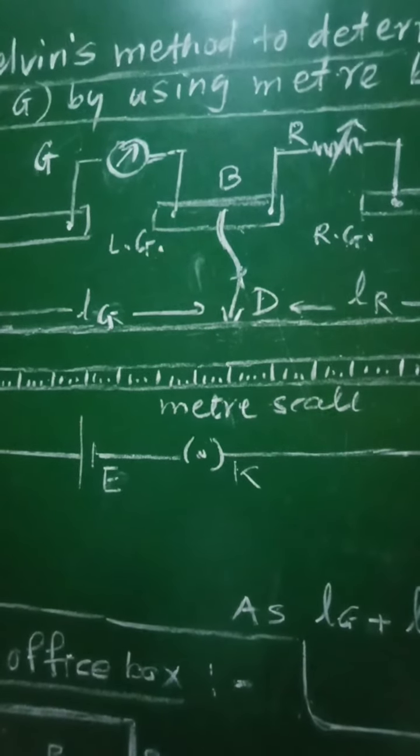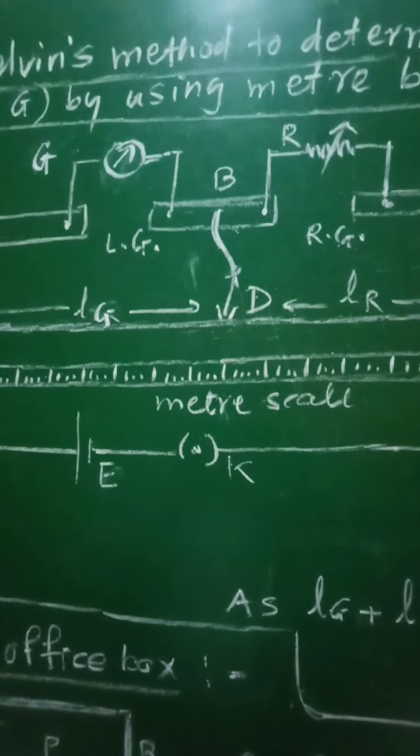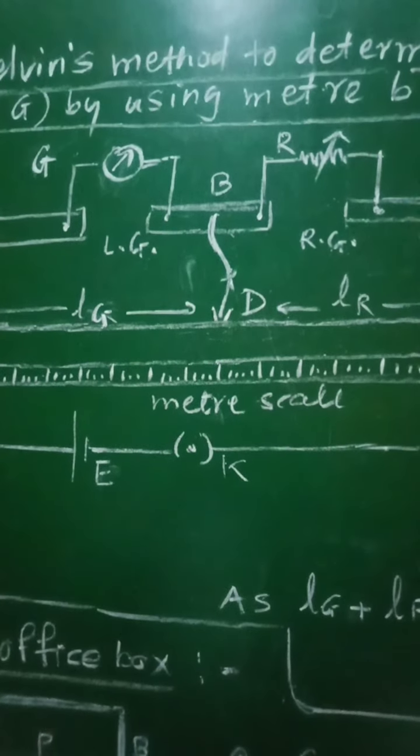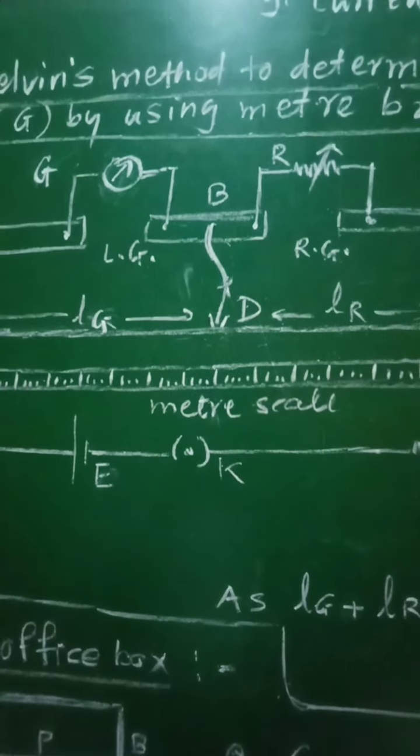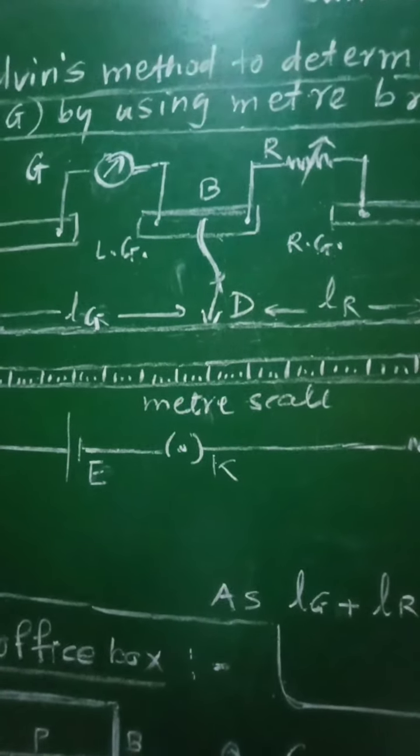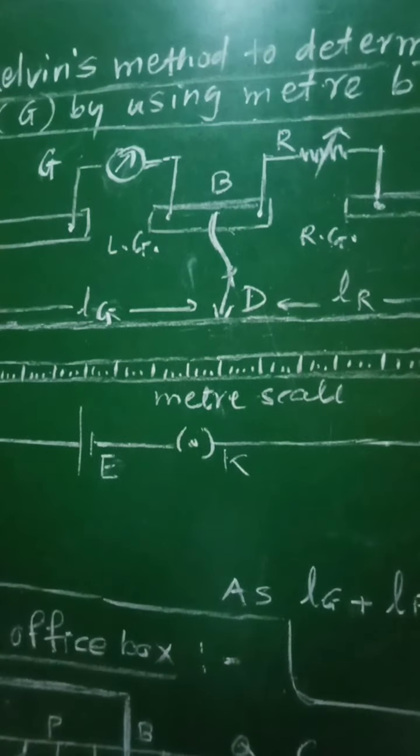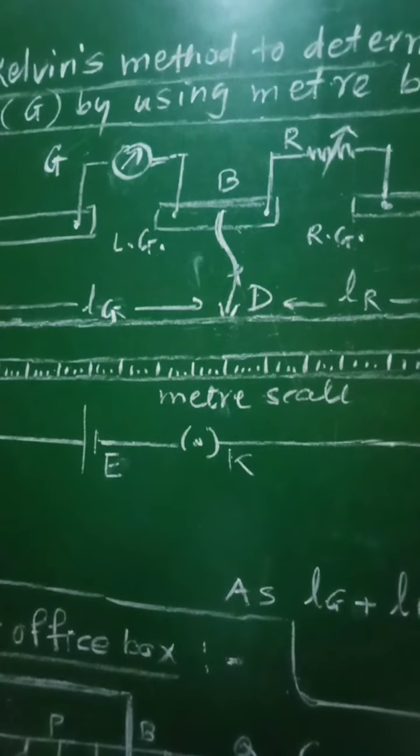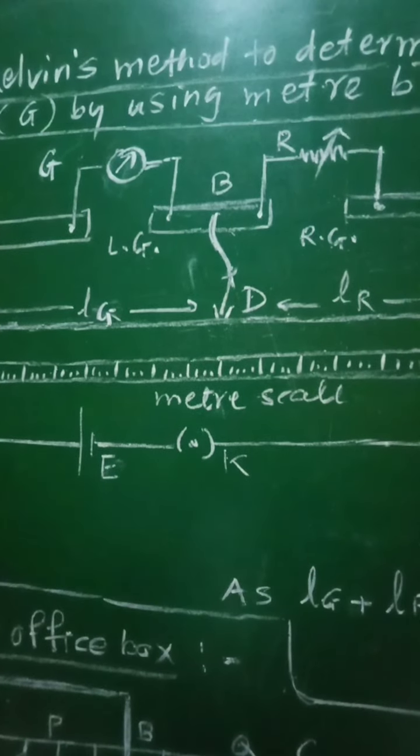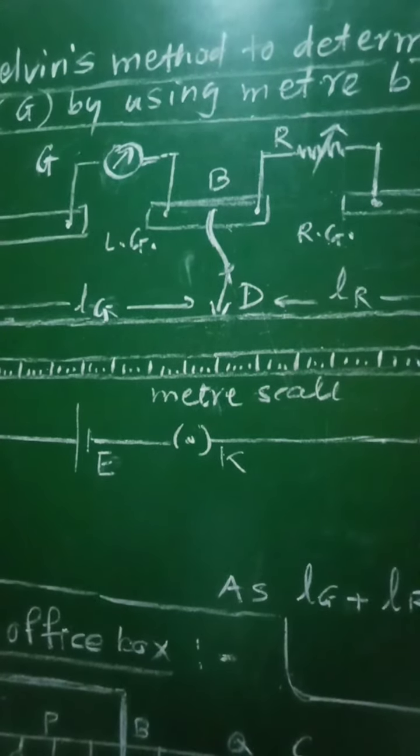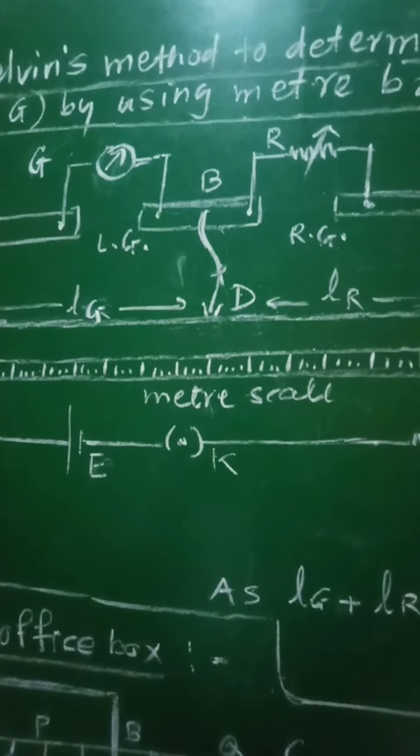Then as the galvanometer shows the same deflection with or without contact between the points B and D, these two points must be equipotential points. So points B and D are equipotential points, and hence the lengths of the meter bridge wire Lg and Lr